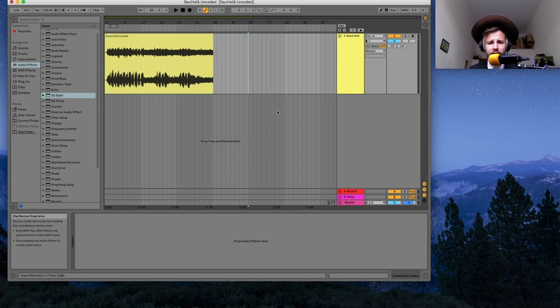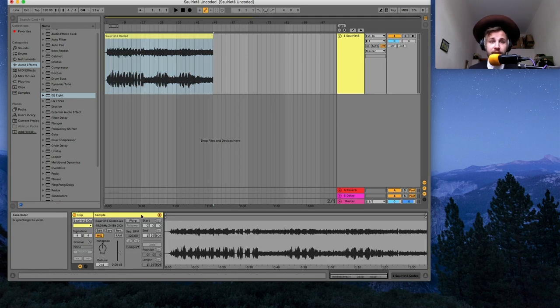So there are two kinds of views in this arrangement view. So a view in a view, if you will. This is the track view where we can put in some audio effects. So it already says here, drop audio effects here. But if we want to do something with the track itself, the clip itself, we have to double click on it. And we get to this clip view where we can see a bunch of options what we can do